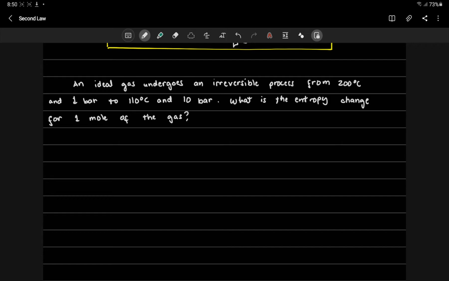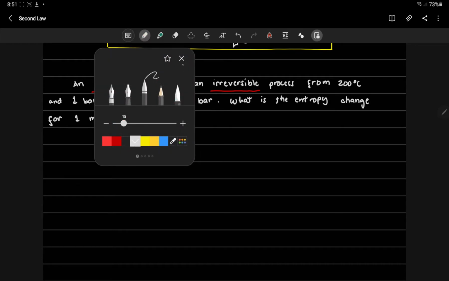So the question is, what's the entropy change for 1 mole of the gas? So kung makikita nyo tong problem, meron ka ditong term na irreversible. Now, this word doesn't matter really kasi entropy is a state function. So, whether it's reversible or irreversible, walang problema. Now, another word or term that you have to take note here is that the gas is a perfect gas or ideal gas. Ibig sabihin, even if walang given dito na heat capacity value, we can assume that